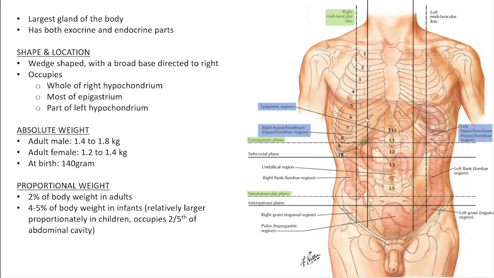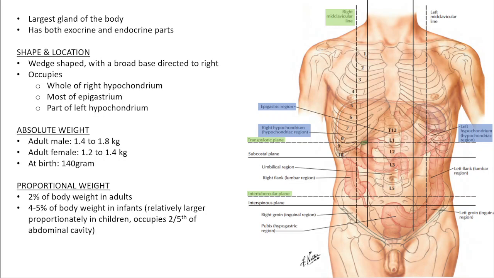So this is the right hypochondrium, this is the epigastric region, this is the left hypochondrium, the right lumbar region, the umbilical region, the left lumbar region, the right iliac fossa, the hypogastrium, and this left iliac fossa. So liver is occupying, as you can see, most of the right hypochondrium and upper part of the epigastrium, and some part here it is shown to be not reaching the left hypochondriac region, but it does occupy a little part, the rightmost part of the left hypochondrium, right?